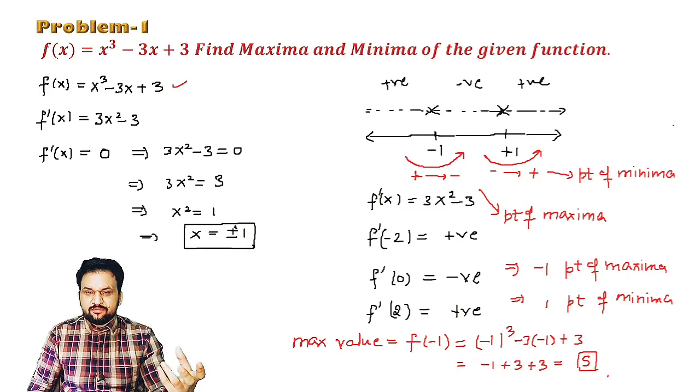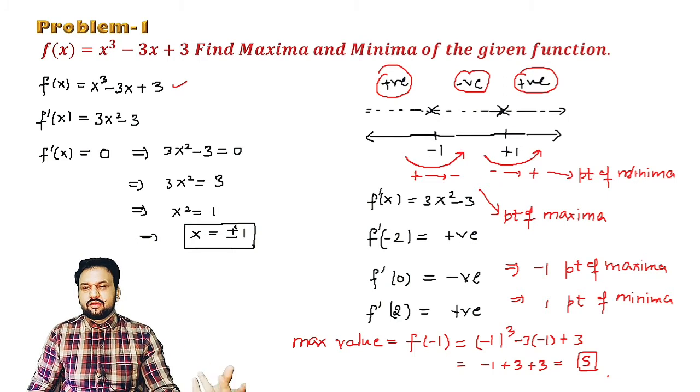So here, as we checked it out, this function is giving you a negative result somewhere and a positive result elsewhere, like here it is positive, here it is negative, and here it is positive. After that you have to check it at this point. If it goes from positive to negative, it is a maxima. If it goes from negative to positive, it is a point of minimum. That's all about the first order derivative.